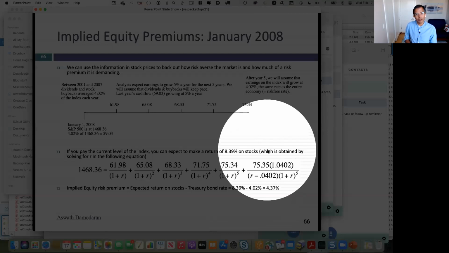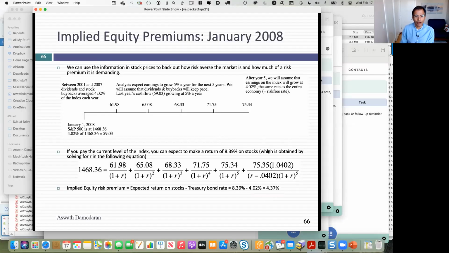You know what that last term is? At the end of year 5, you continue to get cash flows on stocks, right? For how long? Forever. But you can't assume your growth rate is going to be higher than the growth rate of the economy forever, because then your stocks will overwhelm the economy. So after year 5, I set the growth rate to what I believe the growth rate of the economy will be. You're saying, how the heck are you going to get that?